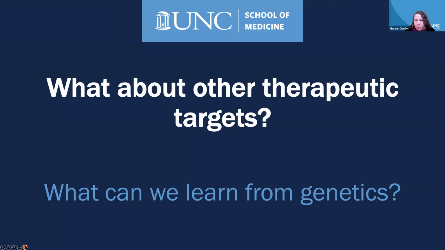Okay, so if we're going to say, maybe we can look at earlier times in the life of individuals and try to do trials earlier, that's important, and I am not going to deny that it should be done. It should be done. But I also think that it's important to think about other potential therapeutic targets. And one of the ways to start thinking about other therapeutic targets is to think about genetics in AD.